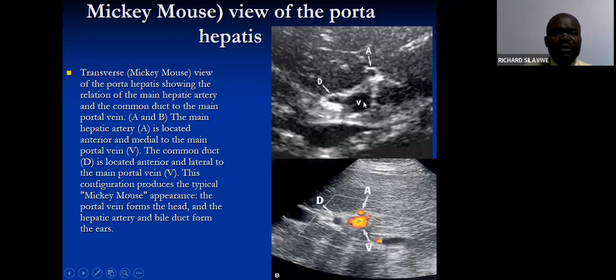Then we have the portal vein here. Then we have the common bile duct here. That is the Mickey Mouse, which shows something like the two eyes and the head, or two ears and the head. That's a Mickey Mouse